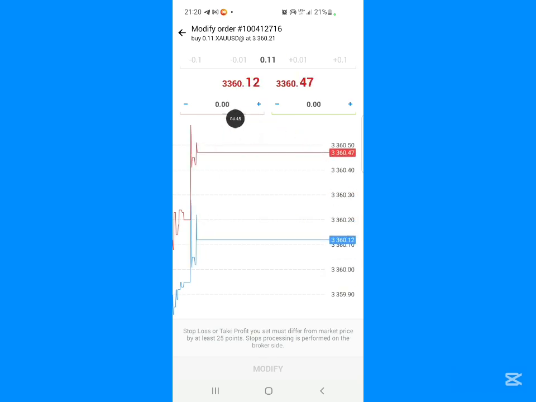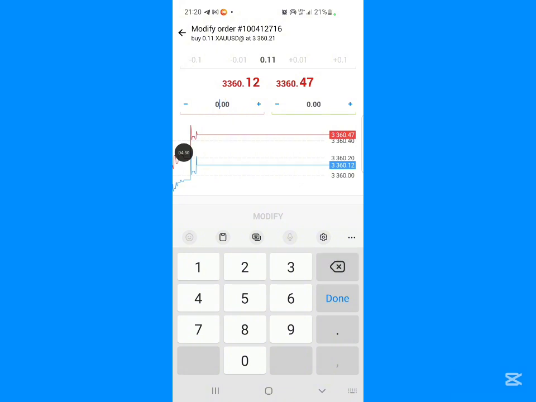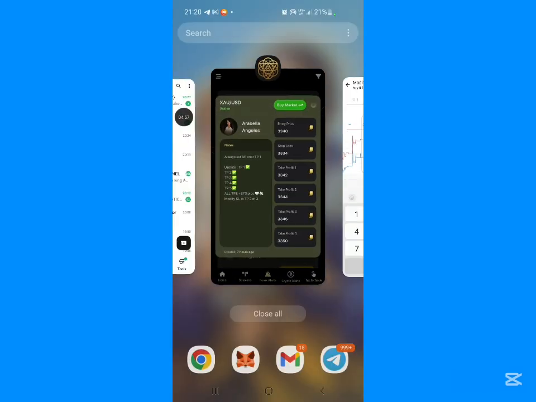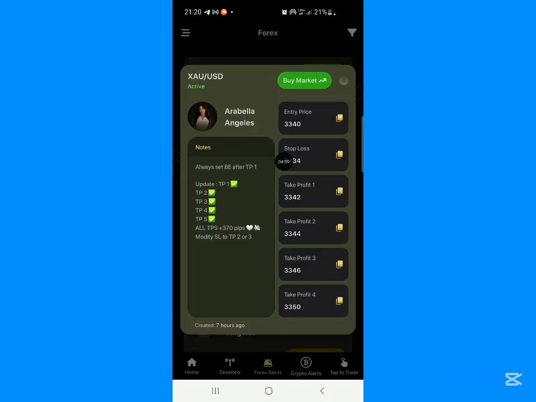So you see this side. This is how you put the stop loss that I just copied from the AkashX app. You delete like this and come and paste the stop loss here. This is the stop loss. Then you come again, minimize the account, go to the AkashX app and come and copy